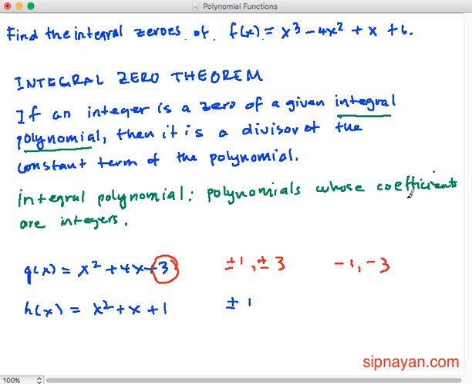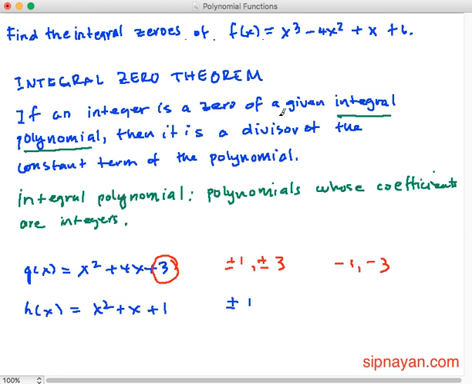So the first thing to check, bago natin i-apply yung integral zero theorem, ay kung integers ba yung coefficients ng polynomial. So ano ba yung coefficients niya? 1, negative 4, 1, tsaka 6. So, integers, wala tayong problema. So, we can apply this. Next,